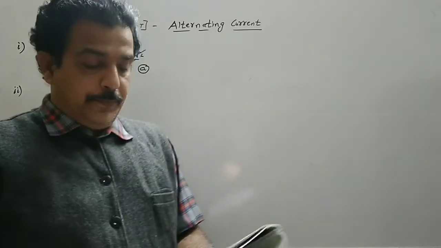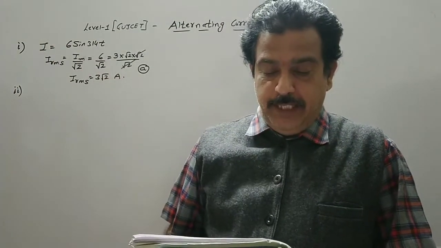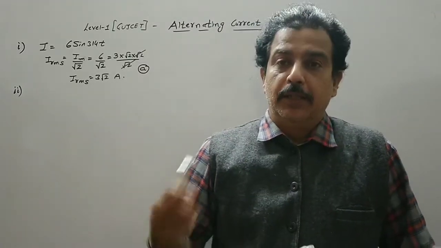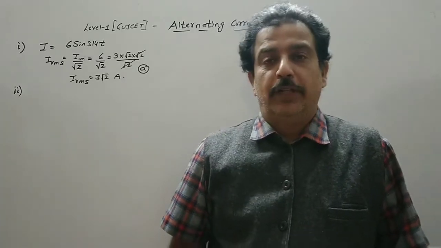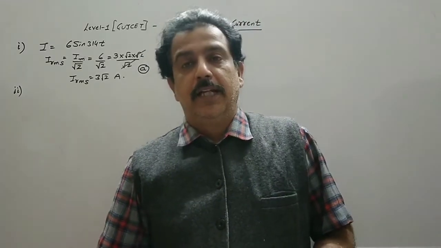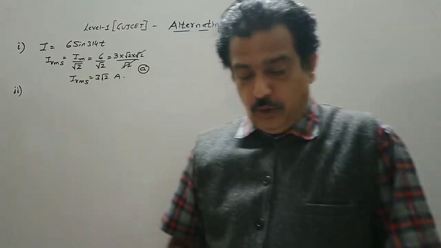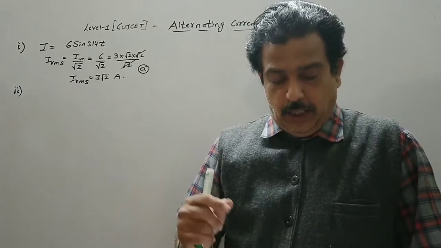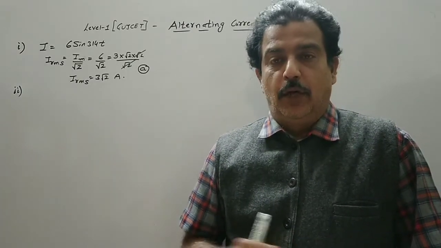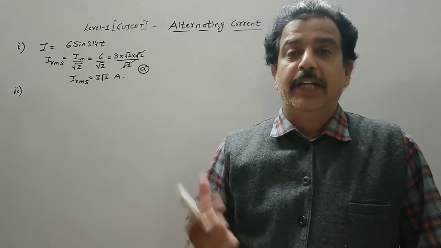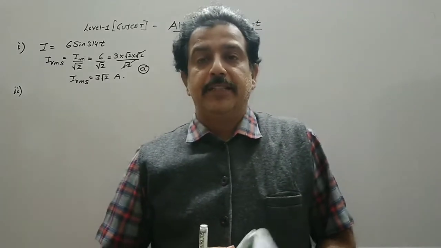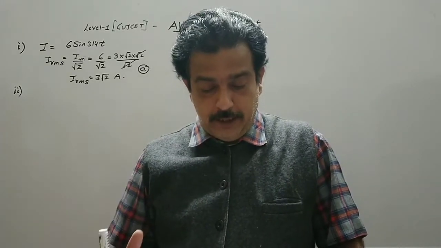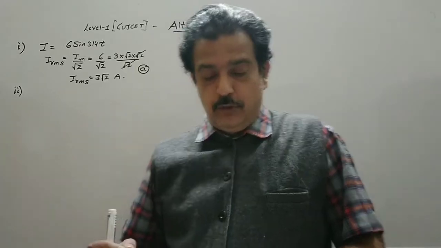Second is, what is the relation between the mean and the virtual value of AC? Here the virtual value means RMS value. Sometimes the RMS value is also referred to as the virtual value or the effective value of the current. Now you have to find out the relation between the mean. Here mean means average for a half cycle. Now why for a half cycle? Because for a complete cycle the average of AC current or AC voltage comes out to be 0. That we know. So for the half cycle we have to find out the relation between the mean and the